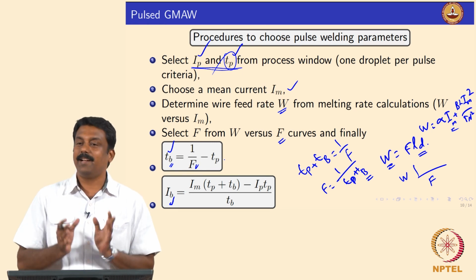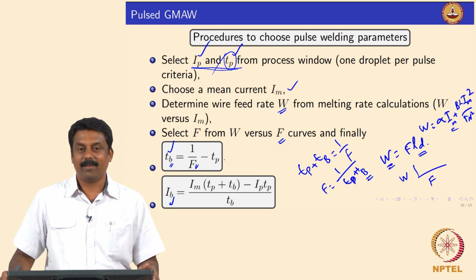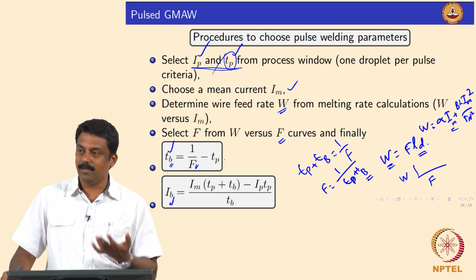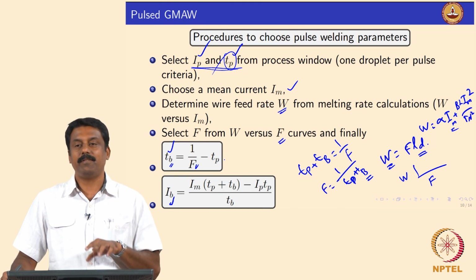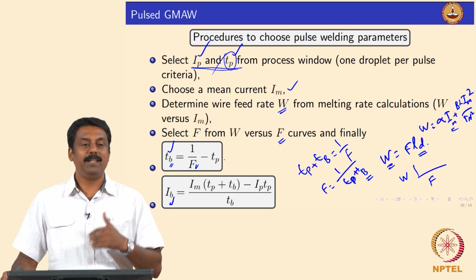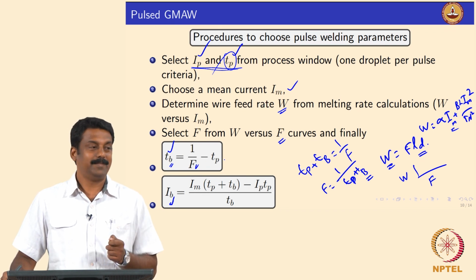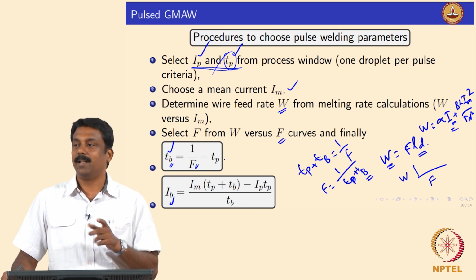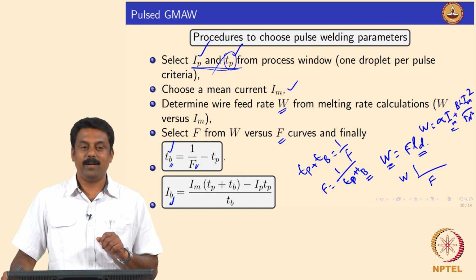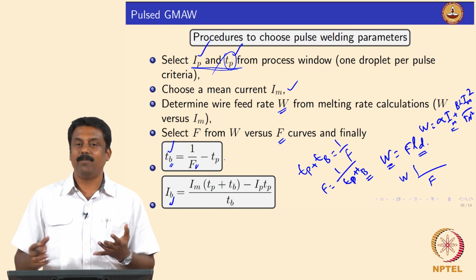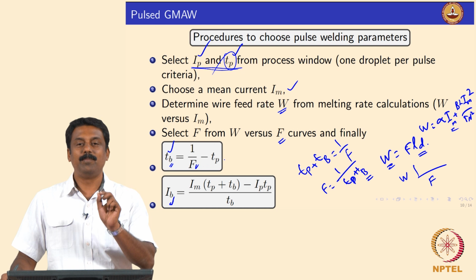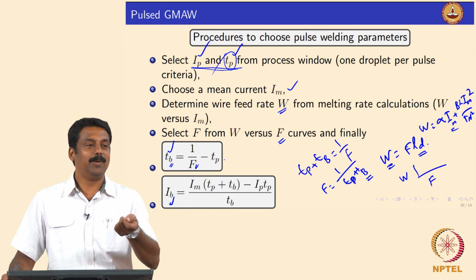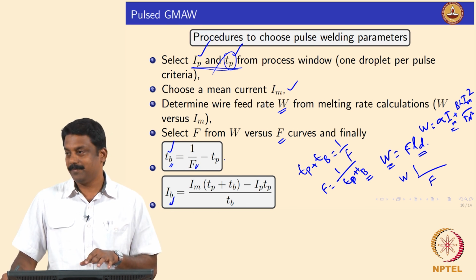So, all these calculations are done in the power source nowadays. Okay, so when you want to establish your own pulsing parameters, we will have to do all these calculations by ourselves. That is why, when you are buying the power source, the company also sells the welding parameters and you will have to pay for that. Okay. So, suppose you want to weld Inconel 625 using pulse GMAW, you have to contact the power source manufacturer and they will give you a simple program, and that program you need to load to the power source, and that program contains all the calculations.